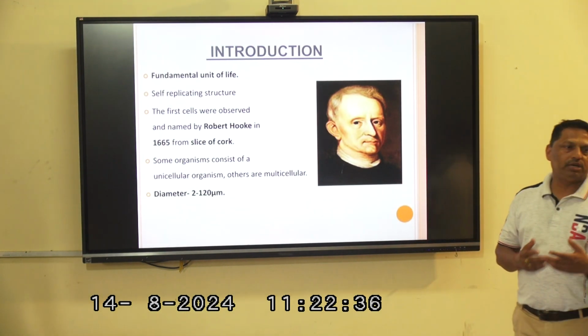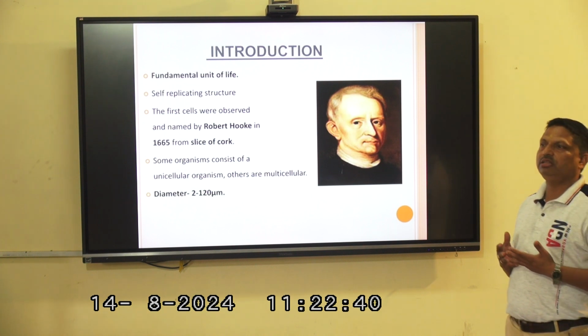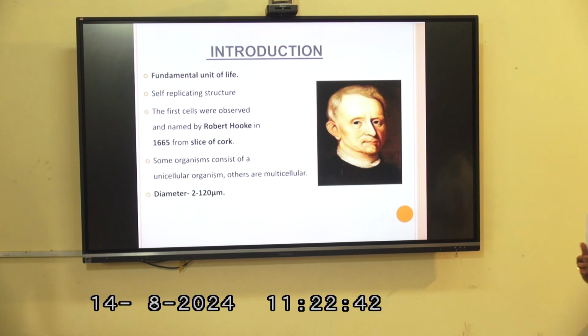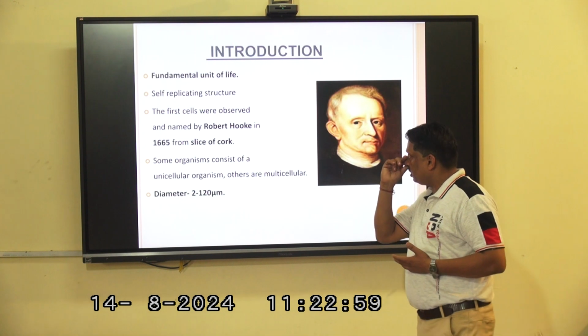So firstly it told us about the fundamental evolution of life, and particularly these are the self-replicating cells. The fundamental unit of life plays a very significant role in the organization of different organisms and in the making of different tissues. And these are some highlights which indicate the significance of the cell.